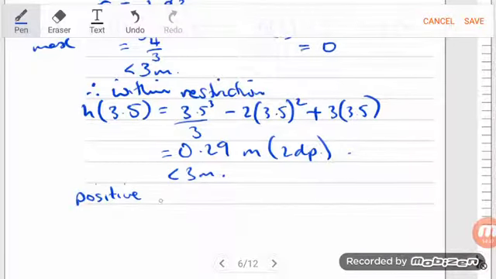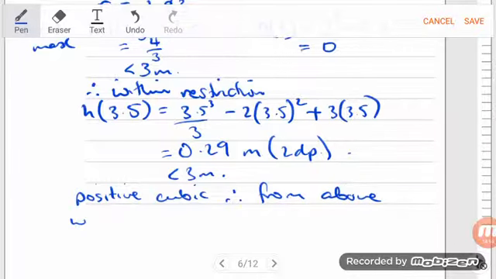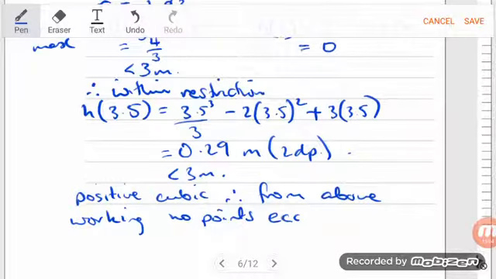Positive cubic, therefore from above, working, no points exceed regulations. Whoops. Let's see if we can write this. Regulations